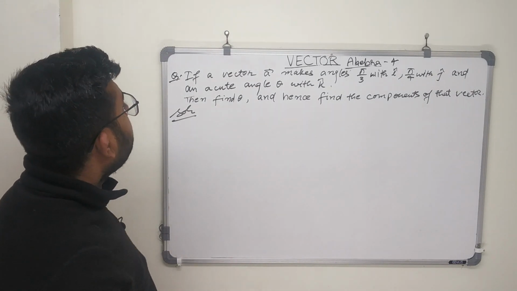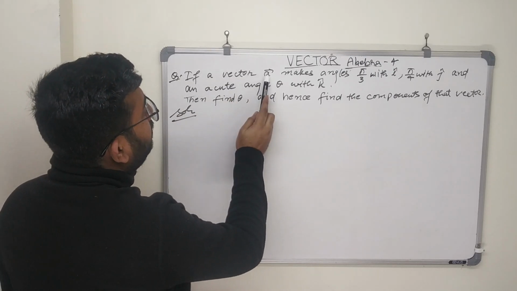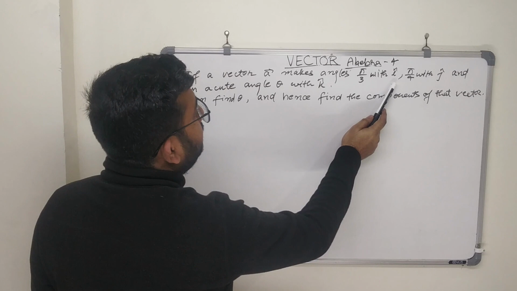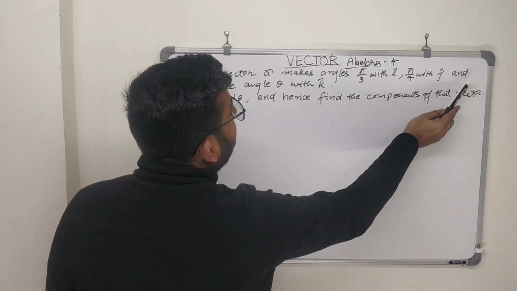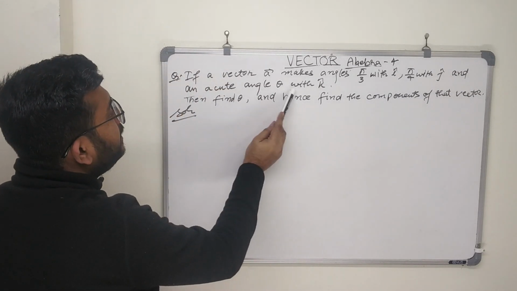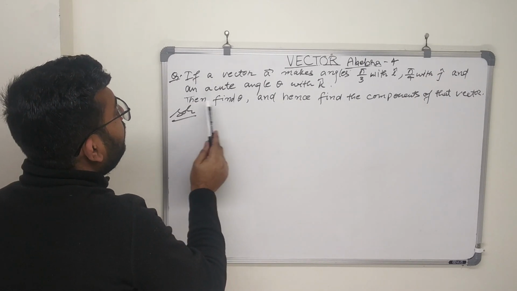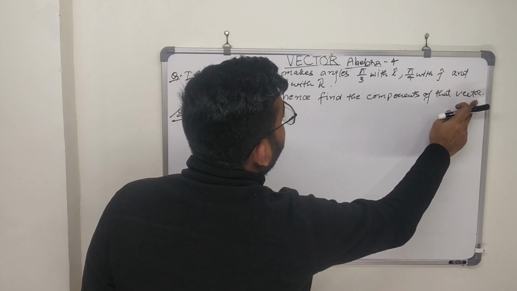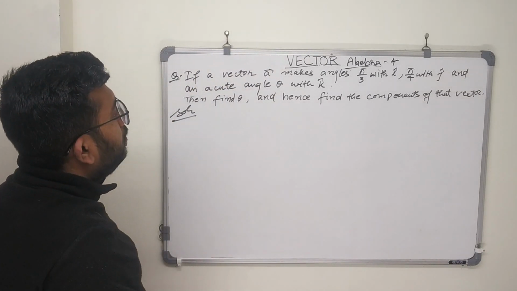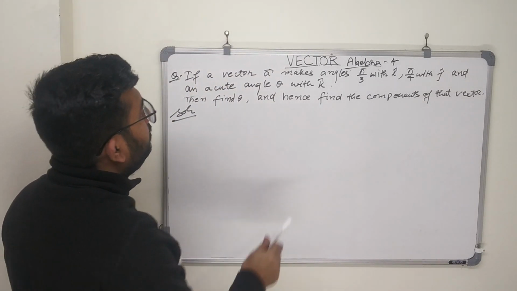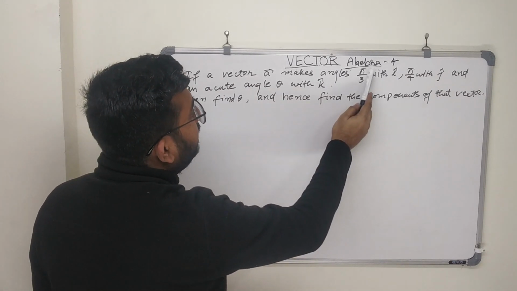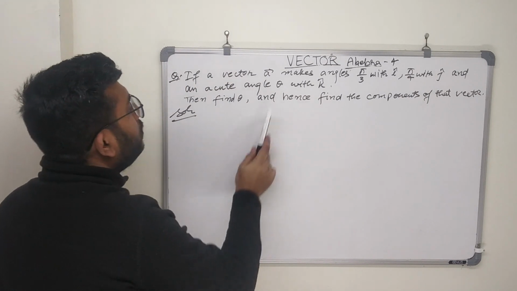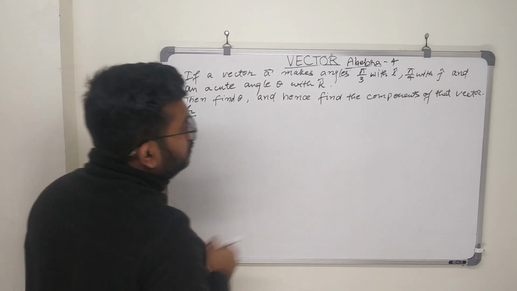Now the next question is, if a vector A makes angles pi by 3 with i cap and pi by 4 with j cap and an acute angle theta with k cap, then find theta and hence find the components of that vector. In this question, the vector is making angle pi by 3 with the i cap and pi by 4 with the j cap and theta with the k cap. So let us assume